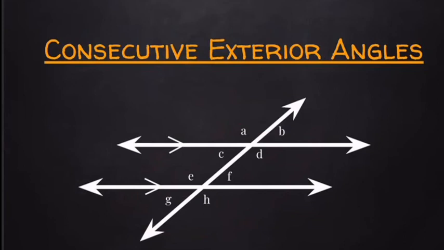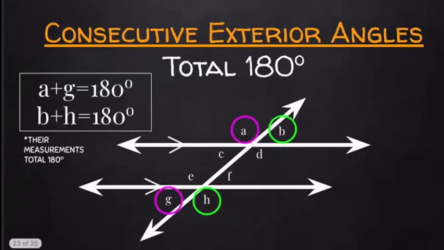Warren, can you give me an example of consecutive exterior angles? Yes, for example, A 和 G，因为他们在 transversal line 的同一边，而且都在 parallel lines 的外边。Donald, is there another pair of consecutive exterior angles? Yes, B 同埋 H，因為佢哋都喺 transversal line 嘅同一邊，而且亦都喺 parallel lines 嘅出邊。